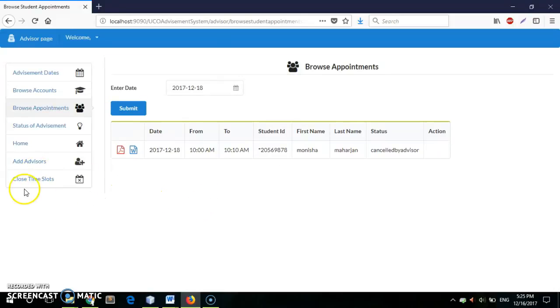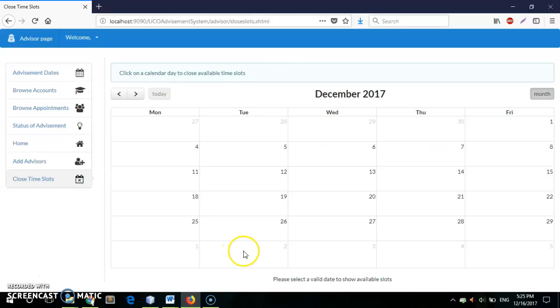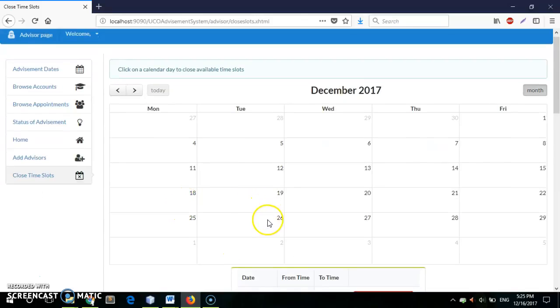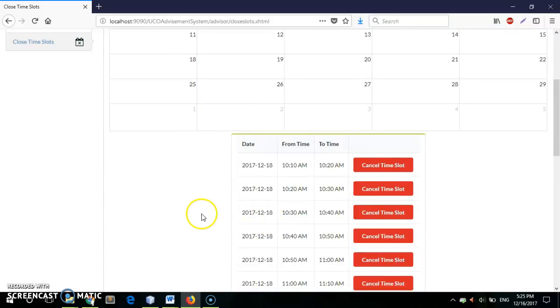So now let's close some. So this 10:10 to 10. Let's close this time slot so that nobody books on it. So yeah, because we cancelled it, it automatically puts in the cancelled and blocks the time slot. So let's block 10:10 to 10:20 a.m. Let's cancel that time slot so that students don't book this time slot. So when you click on this,